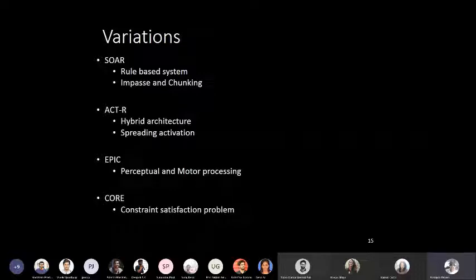And just to let you know, you can download the SOAR and ACT-R models. They are implemented in a programming language called Lisp, and are freely downloadable. And a very different approach I found in a, now I should say old, system. It was not old when I was doing my PhD around 10, 12 years ago. It's called CORE, and the paper I read was published by the NASA Ames Research Center, and it took a novel approach of defining human machine interaction as a constraint satisfaction problem.